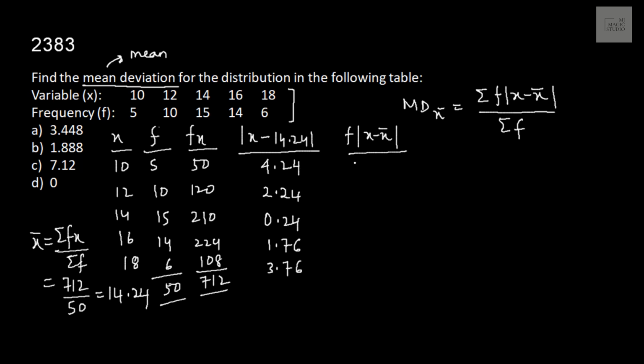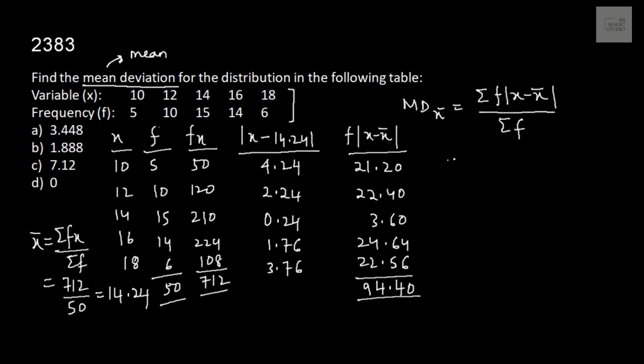4.24 into 5, 21.20. 2.24 into 10, 22.40. 0.24 into 15, 3.60. 1.76 into 14, 24.64. And 3.76 into 6 would be 22.56, and add them up. It will be 94.40. So mean deviation is